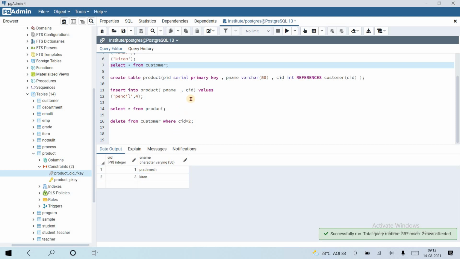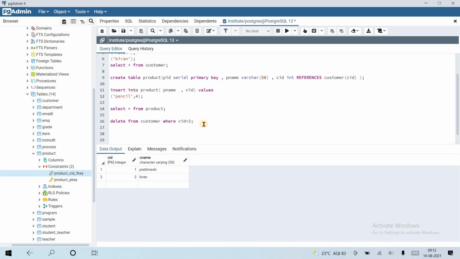Okay, so let's see the update operation too. Update product. Let's update the customer first.